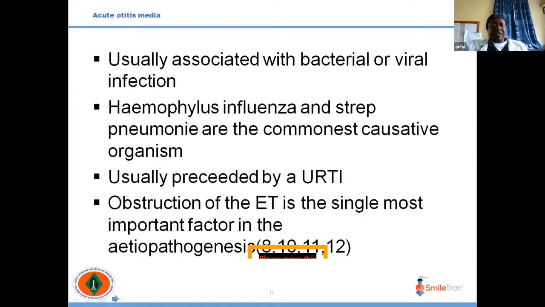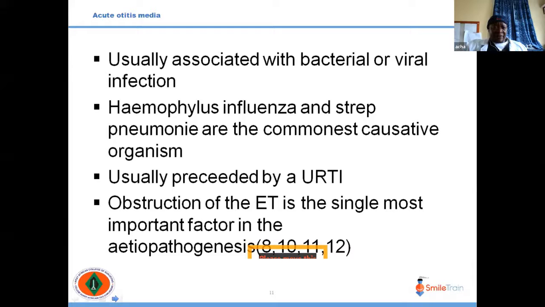Studies in Africa and the Western world have shown that the commonest organisms associated with this are Haemophilus influenzae and Strep pneumoniae, even though studies carried out in Zaria talk of Staph aureus and E. coli instead. It is also documented that acute otitis media is usually preceded by an upper respiratory tract infection. Like we've said, because of the open communication between the mouth and the throat, these children are prone to upper respiratory tract infection, eventually leading to